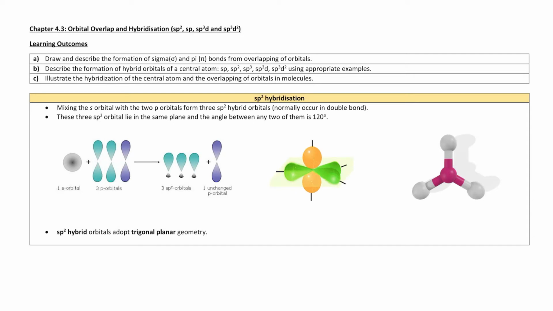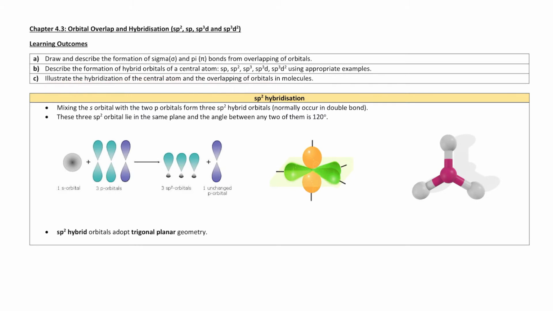So in this video we are still in chapter 4.3. Tapi saya akan fokus on hybridization specifically for sp2 hybridized only. That means by the end of this video you should be able to describe the formation of hybrid orbital of a central atom sp2 using appropriate example and illustrate the hybridization of the central atom and the overlapping of orbital